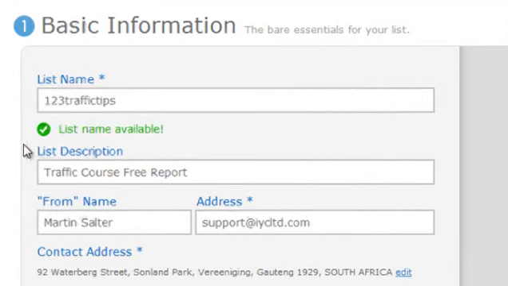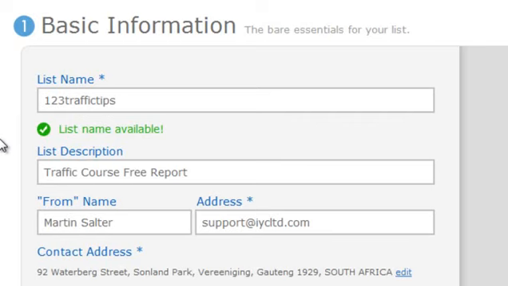Just a quick tip for you, I'd make sure that you make the list description, and certainly the list name as well if you can, something that relates to the course that you're going to be attaching it to. Just because when you've got a situation where you've got 400 resale rights products, you want to know which list corresponds to which. You could at this point just do a general freebie list, so everybody that signs up and gets anything from you